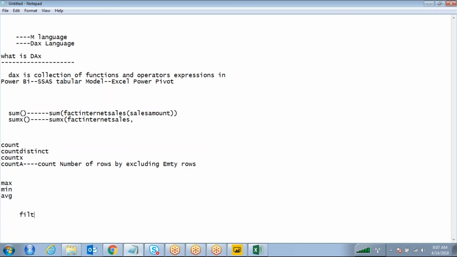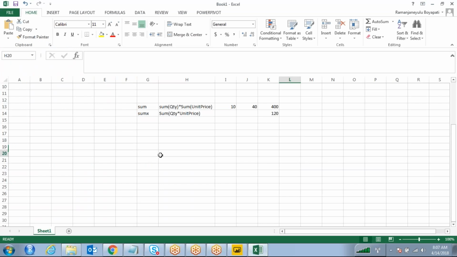Filter context. That means in your Excel,